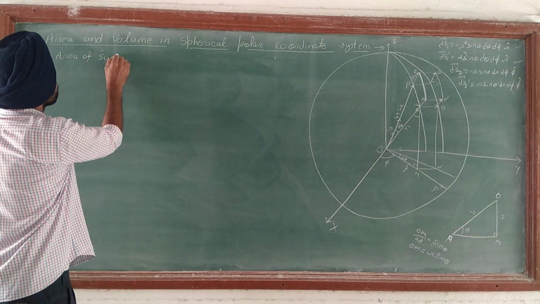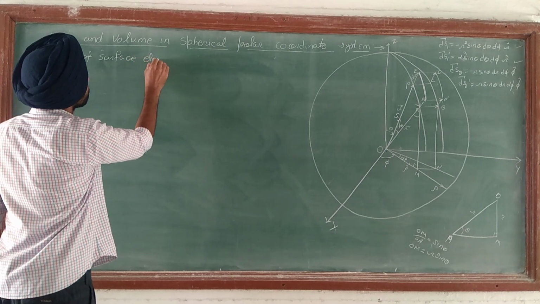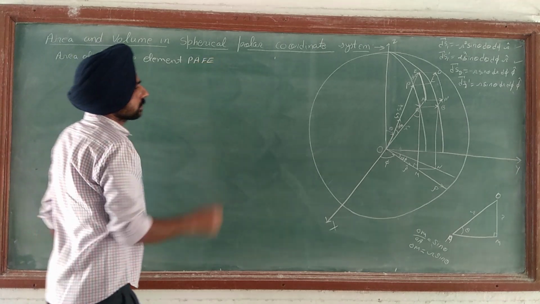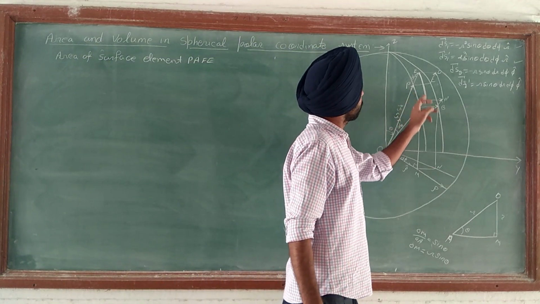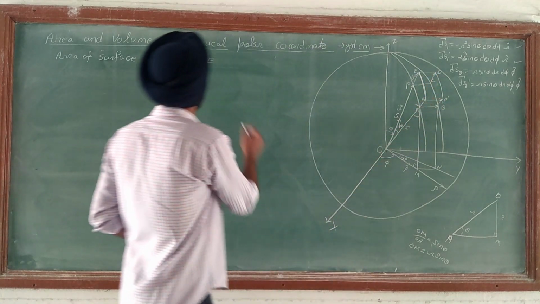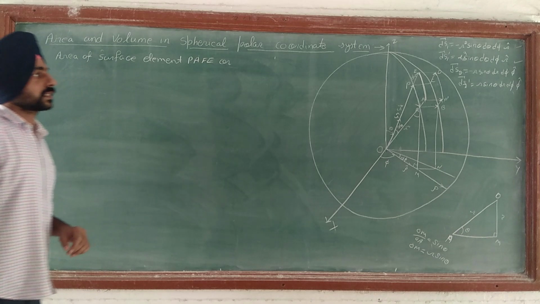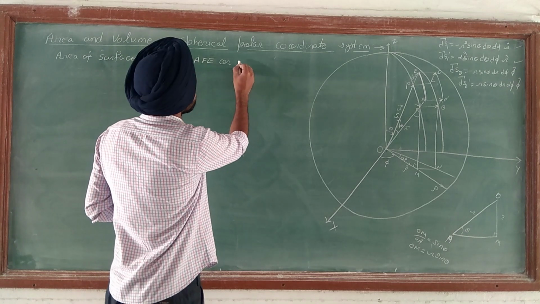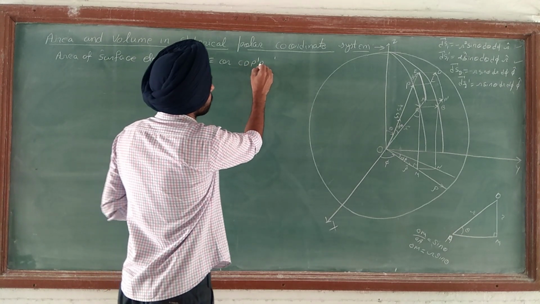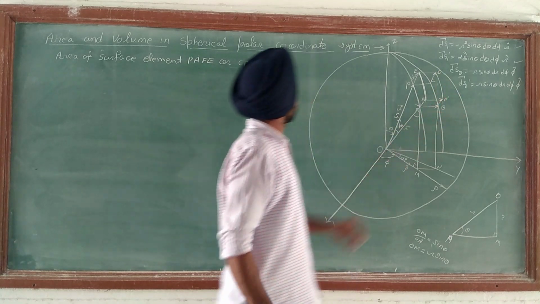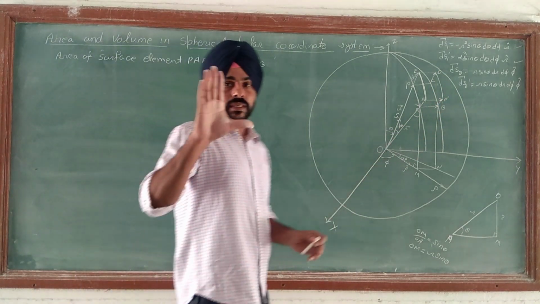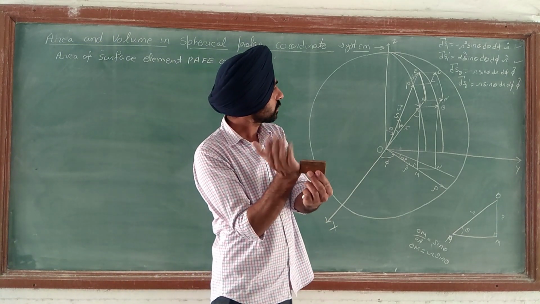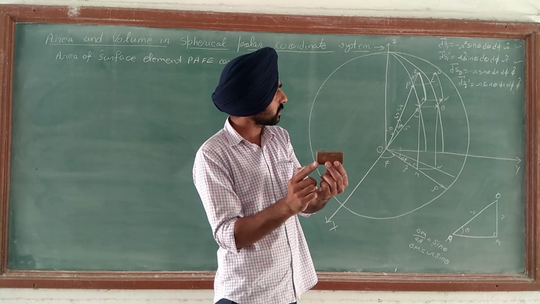Area of surface element PAFE, this one, and this one of this face is CDP prime B. So we have to choose it like this. So this is P, this is A, that means PA